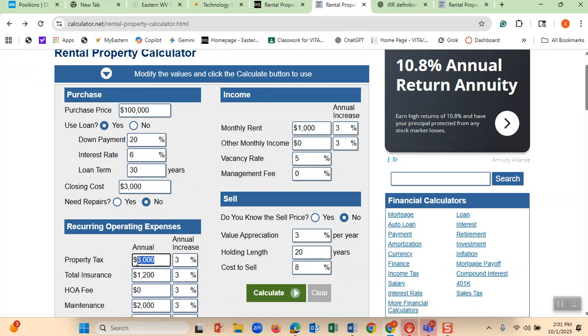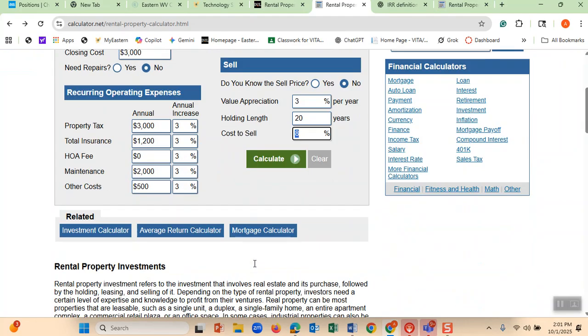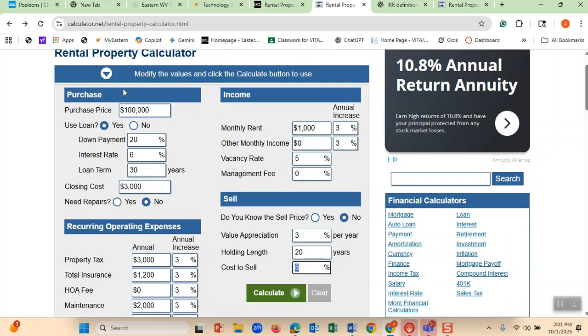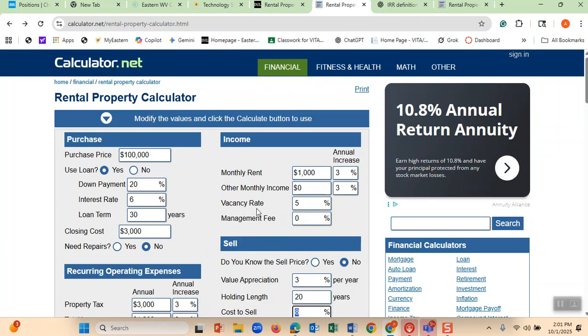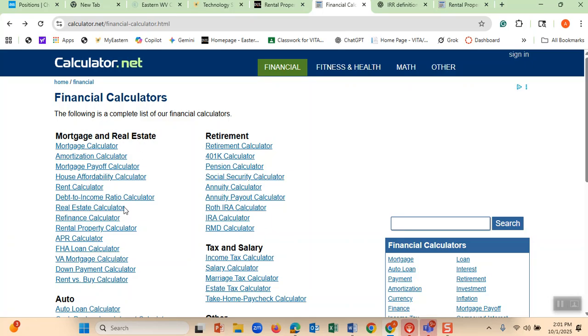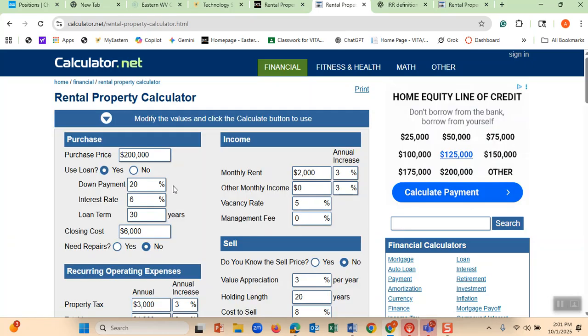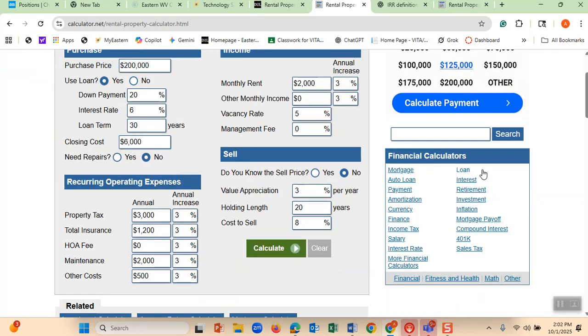Property taxes maybe 1,500, but with an annual increase, which is fine, then your house has to go up by, if it is going up 3%, and you want to sell the house after 20 years, and your closing cost most likely will be, whatever, 5%, 8% would be reasonable. Therefore, you do the calculation and try to copy this screenshot, put it on the discussion board, and put the first screen also, the one that we had in here, and put a rental property calculator and put this one as well, and have some explanations,